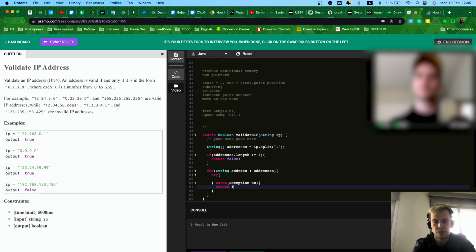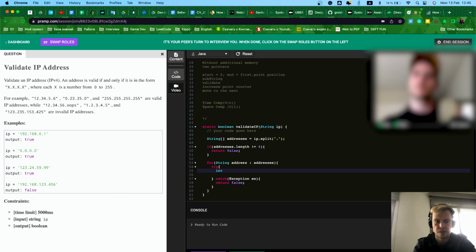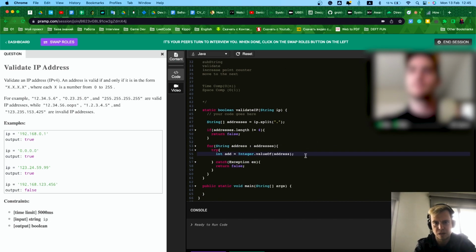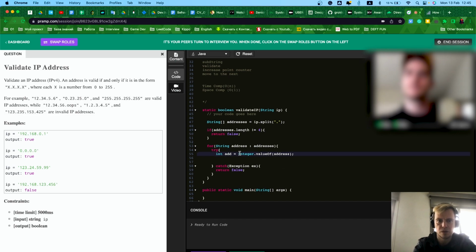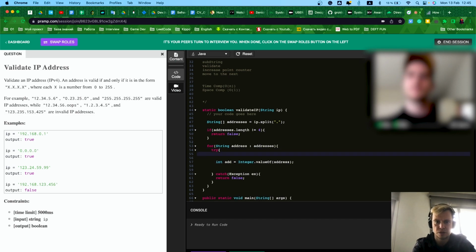Return false here, right? And it should be the integer value of. I hope that is correct. Instruction, something like this. Oh, and also I need to check here if